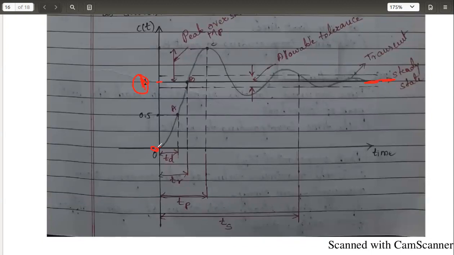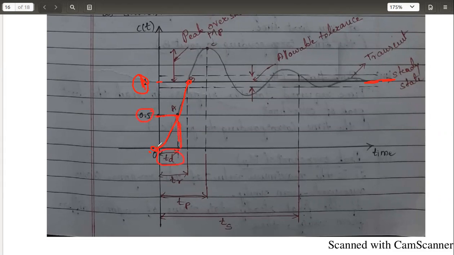So how is the response changing? Starting from 0, it will slowly increase. It will cross this point. However, between 0 to 1, if you just mark a point, that is 0.5, half of the maximum value, this time is called delay time,